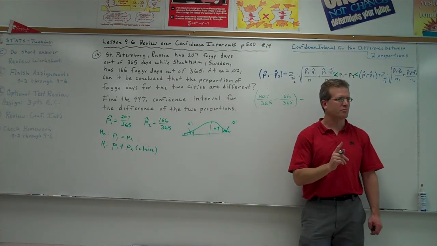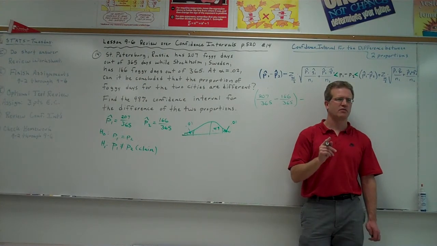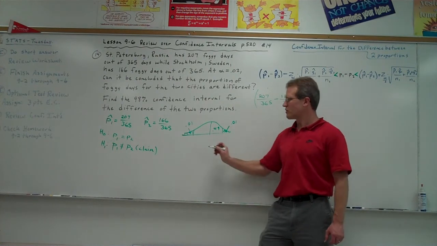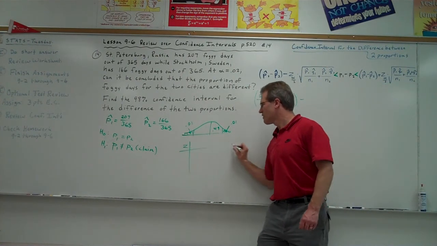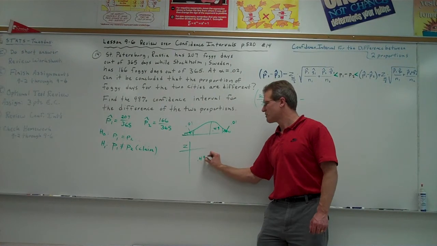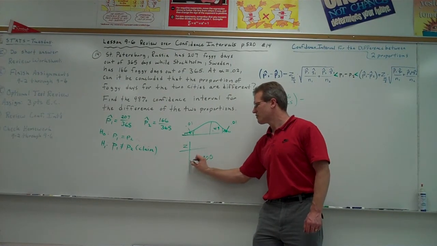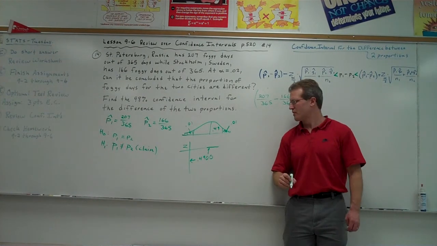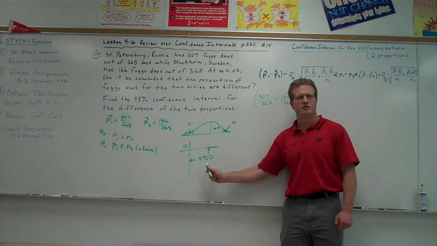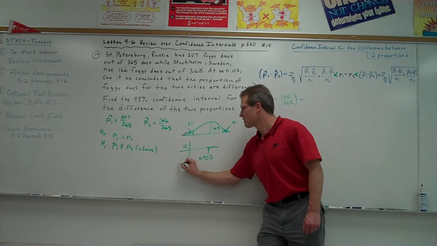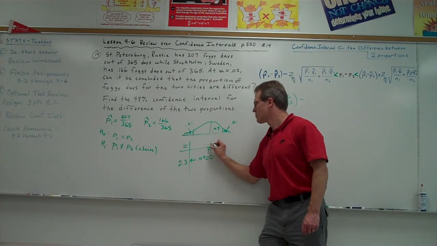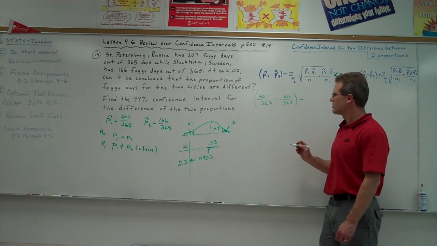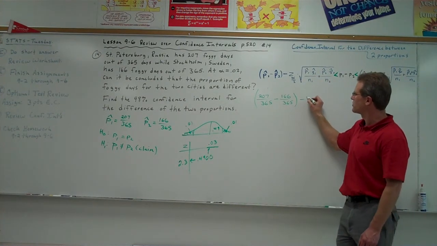So you can look up your z-score on the chapter 7 formula sheet that I've given you, at the bottom of that, or you can go to your z-chart and try to find 0.4900. That's how you can find your z-score if you didn't have your chapter 7 formula sheet available. So what would my z-score be then? 2.33. Thank you. 2.33. That sound right to other people too? Anyone else look? Okay. So our z-score is going to be 2.33